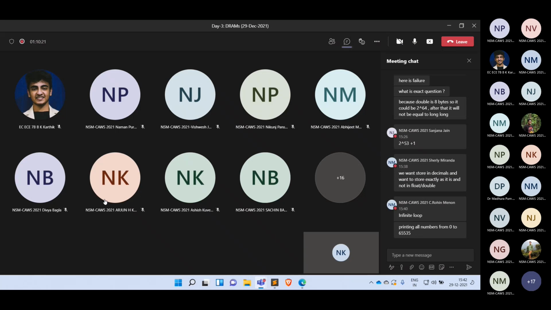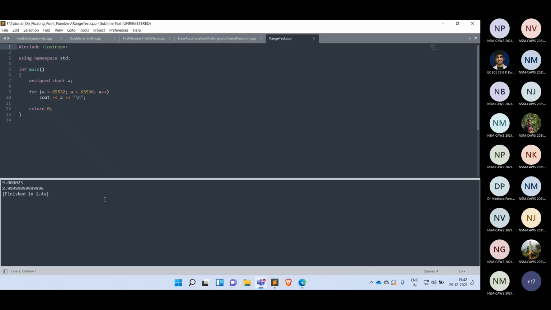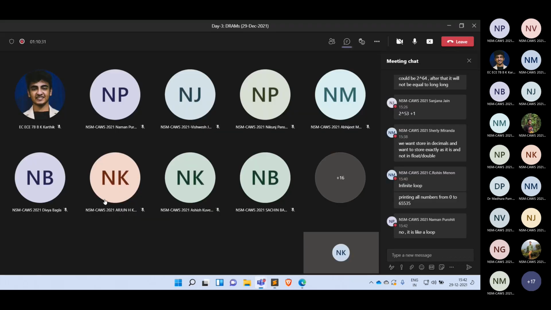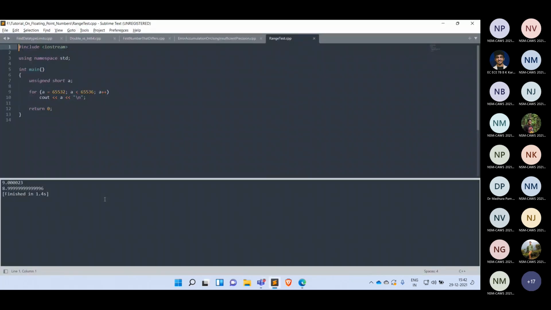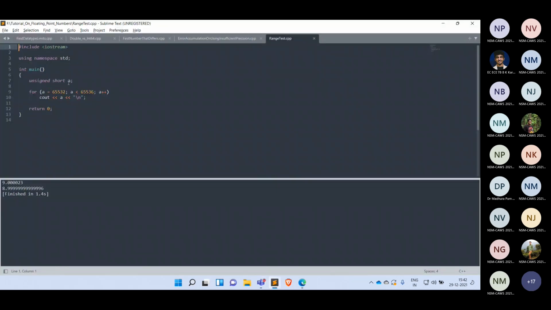Printing all numbers from 0 to 6. No, it's like a loop. Okay. Run this, it will run an infinite loop and it will break your system. So don't run this program. Yes. So here